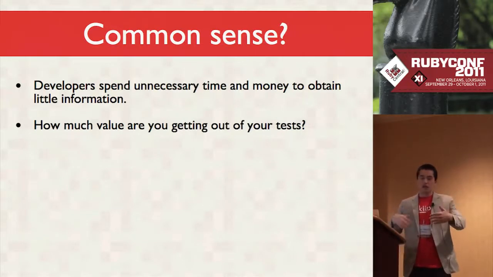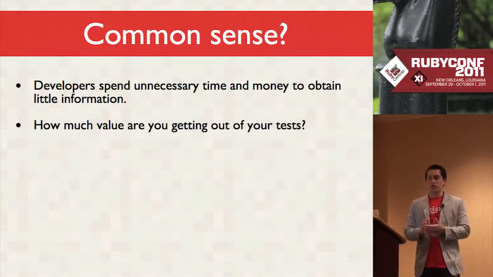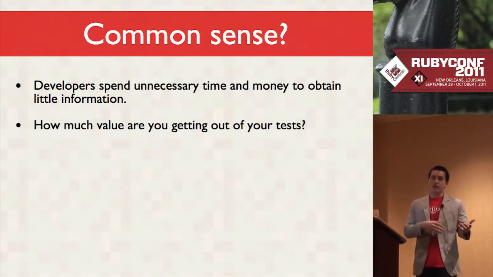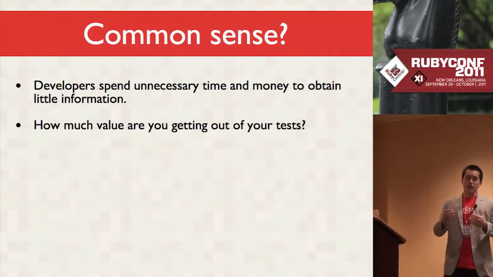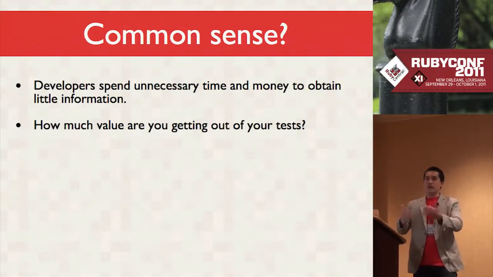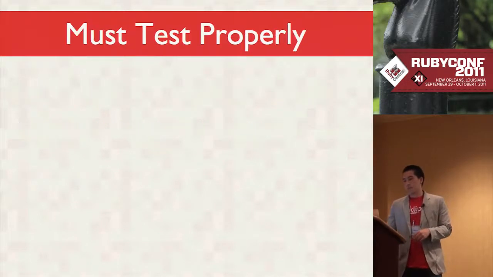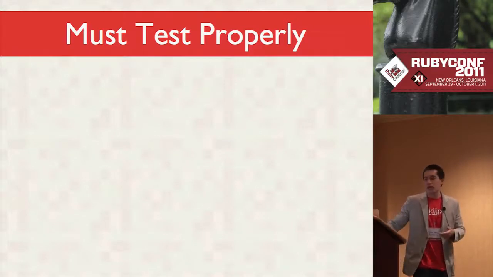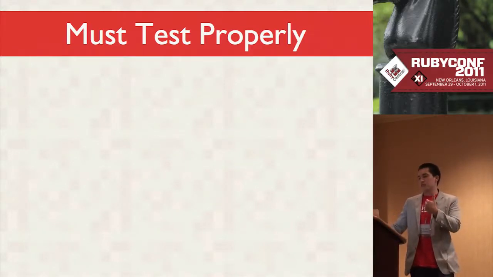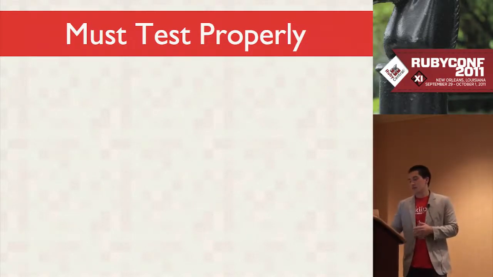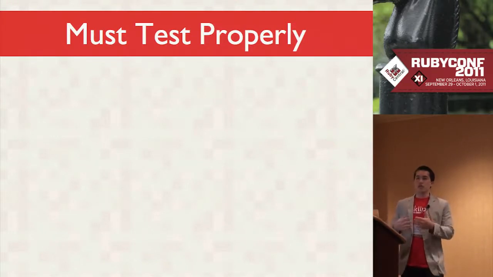And so the guiding question, especially once your test suite gets larger, when the stakes are higher, that you need to think about is how much value are you getting out of your tests? And if you could quantify that, then you could say, this test just isn't worth writing right now. And this test, which will maybe test this thing, I should do that instead. So we need to test properly. In small libraries, when your code base is small, it's easy to not see the issues that come from wasting time on tests. But as your test suite gets larger, as you have more to do, as you become a busier person, it's very important to optimize and think about your tests.